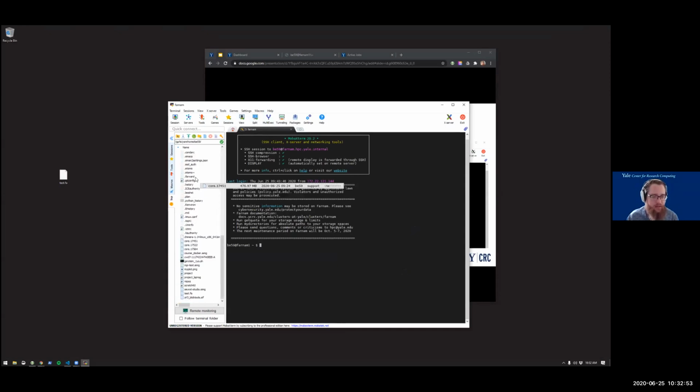It also has a file browser built into it by default, so if I delete this sequence file, I understand this is probably a little bit small, but I'm dragging the sequence file over again, and I can transfer it that way, so it also provides a drag and drop interface, and then I can type commands in this shell as well.